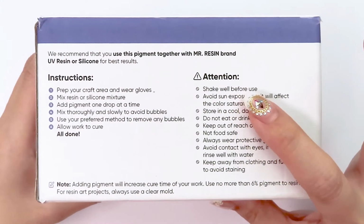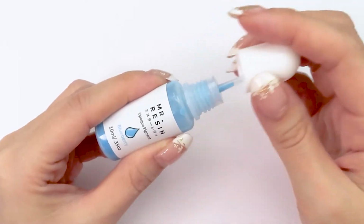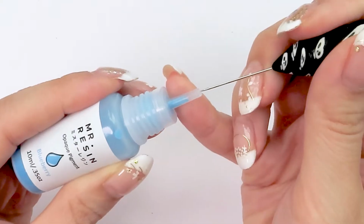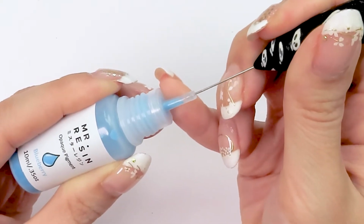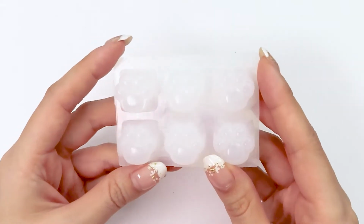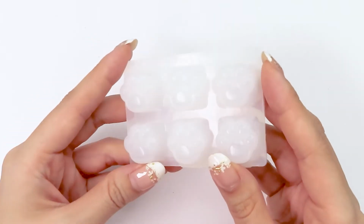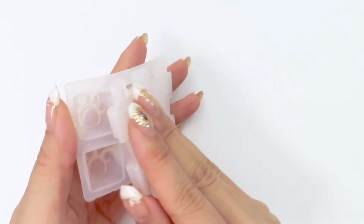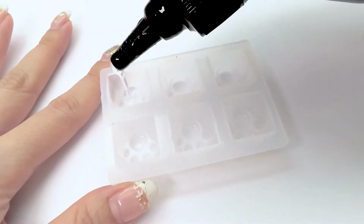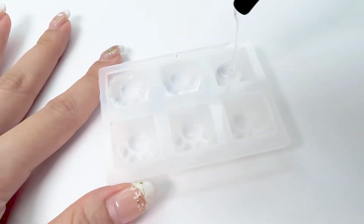Before using the colors, shake up the bottles well to mix the solution. The instructions also say to cut the tip off the first time, but I like to just puncture it with a needle because it makes less room for mistakes in my opinion. Now I'm going to use this cat paw keycap mold that I bought on Amazon to help test the colors out. I'm going to pour my UV resin into the cavities and...